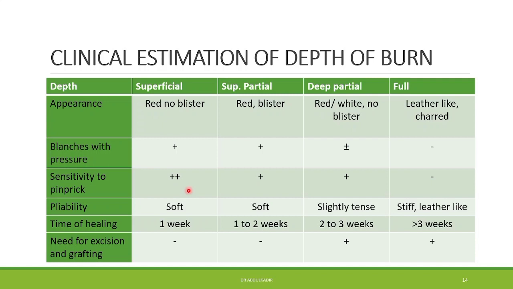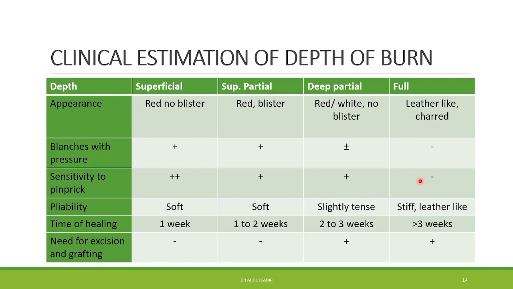The most painful one is the superficial one, and deep partial thickness will have pain, but the pain is less, while the full thickness burn has no pain. Why? Because the nerve endings are involved in the burn,